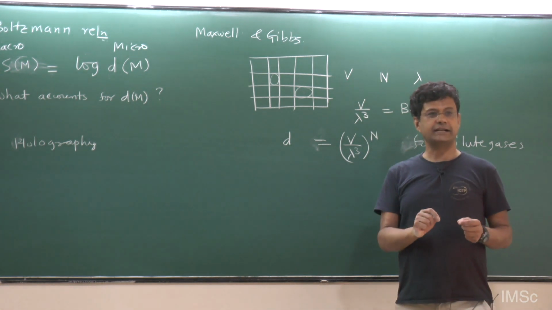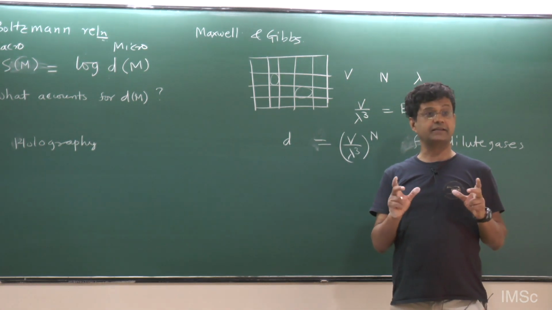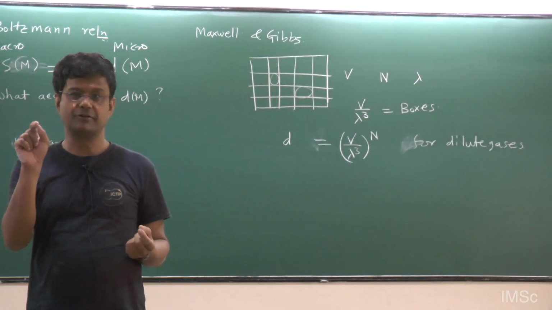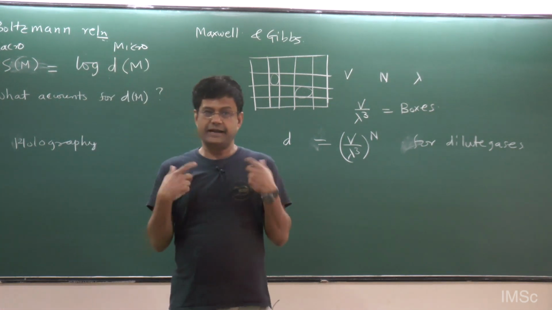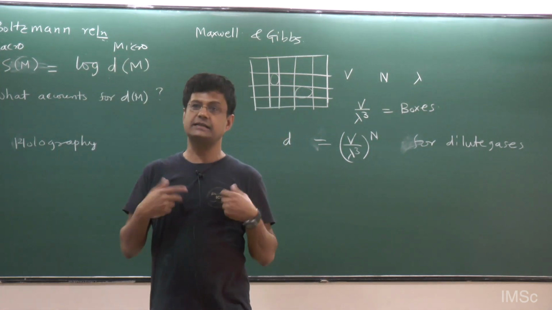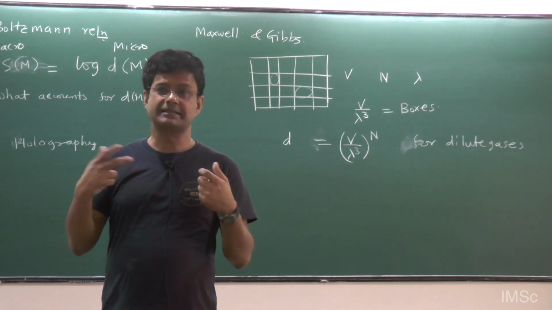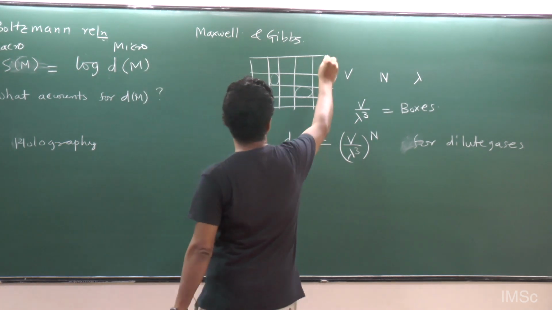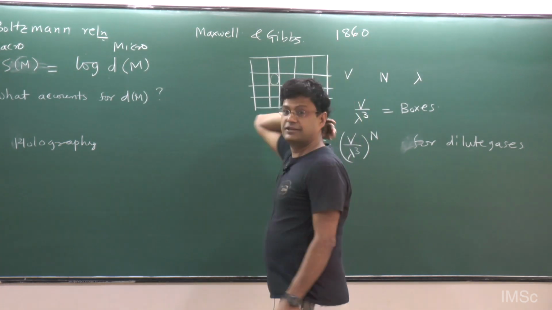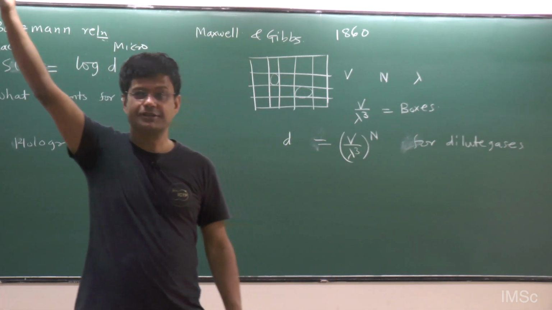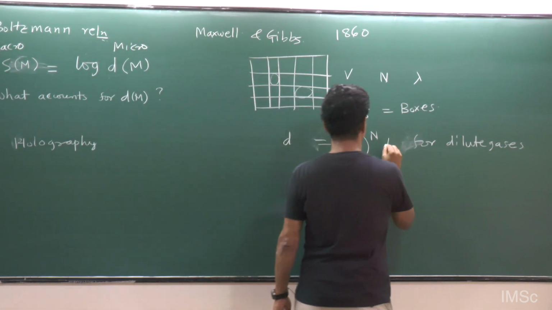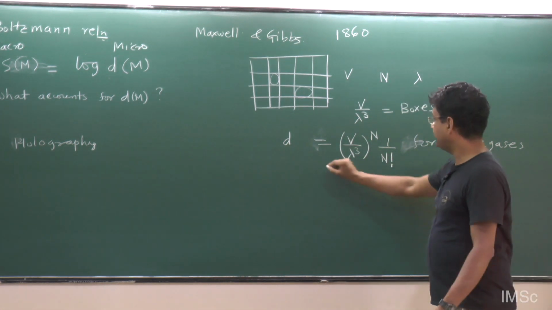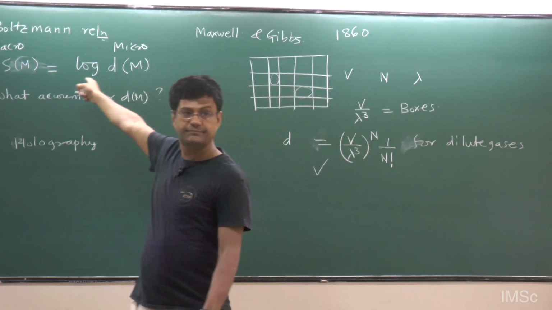Now, to define what is an identical particle is a very subtle thing. The particle is really strictly identical. It's not like a cricket ball which looks like another cricket ball, but there could be a little dot on one of them. Identical particles is really identical particles, and to really understand identical particles requires a spin statistics theorem, quantum field theory. All this was, we are talking about 1860, so this was almost 60, 70 years in future. But Gibbs, just by thinking about thermodynamics, figured out that you have to put an n factorial there. And that then the formula agrees with Boltzmann.